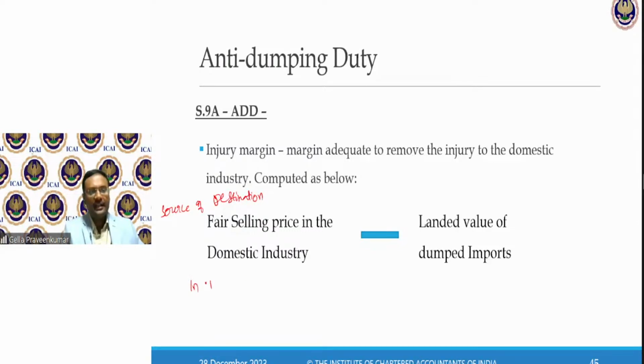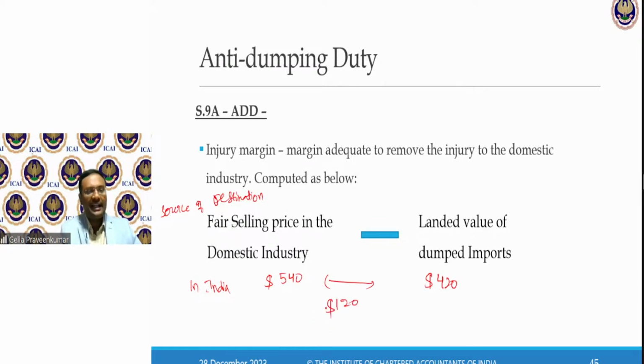Assuming this laptop is sold in India, the fair selling price in India is say $540, and the landed price is $420. The gap between these two is $120. This is called my injury margin.